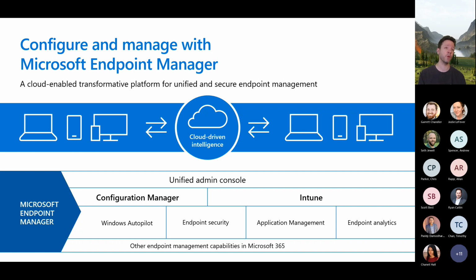And so if you're on Config Manager today, or if you're on Intune, you don't have to have both. Although if you're on Config Manager, I would strongly recommend you start adding Intune and going into co-management. But if you're starting from group policy, going directly to Intune, that's something that we see a lot of customers do today. And then within both of these solutions, you have various other products or services, like Windows Autopilot, which we're going to talk a lot about here in a minute, but also endpoint security, like Garrett mentioned, Defender for Endpoint. Managing Defender for Endpoint,